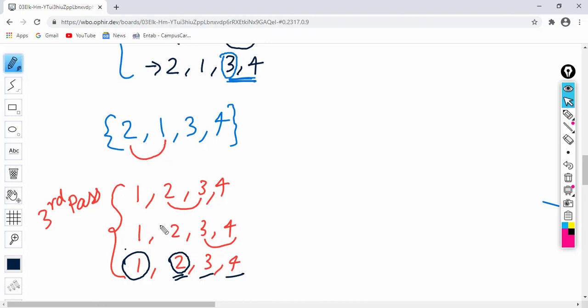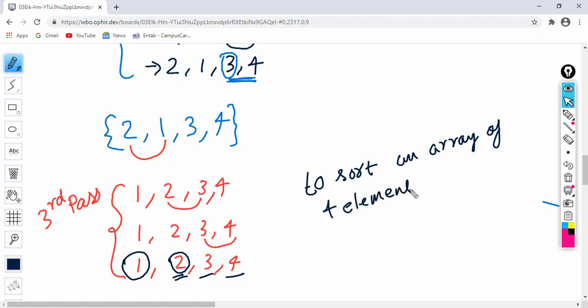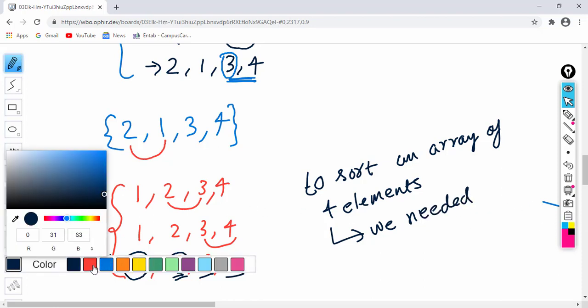Yes. So, to sort an array of 4 elements, we needed, how many passes did we need?